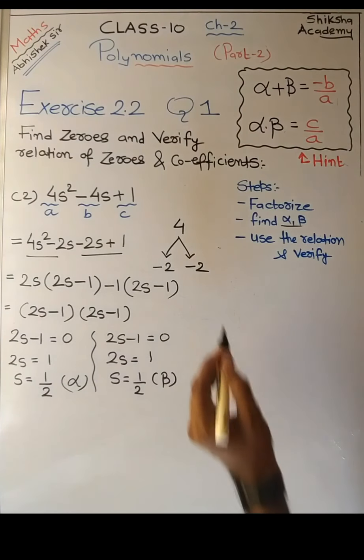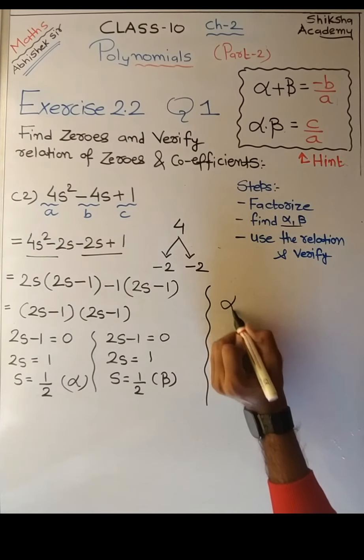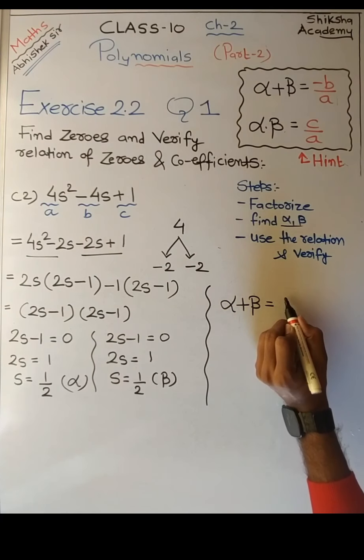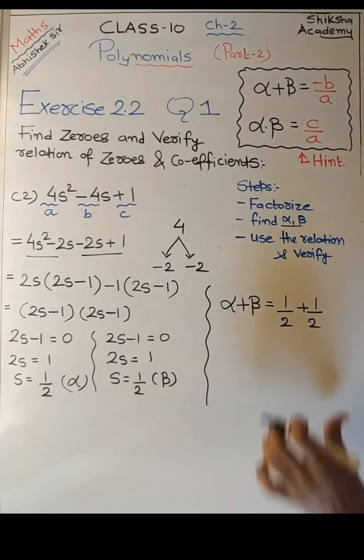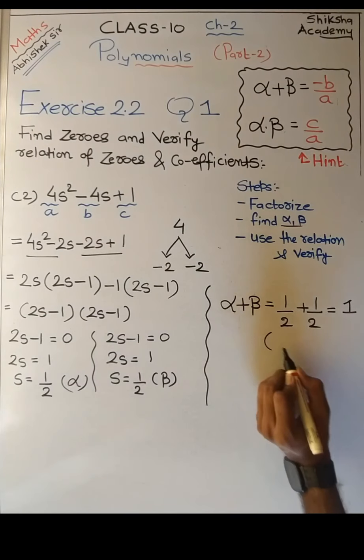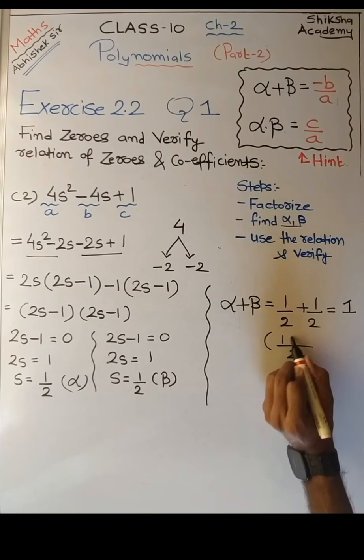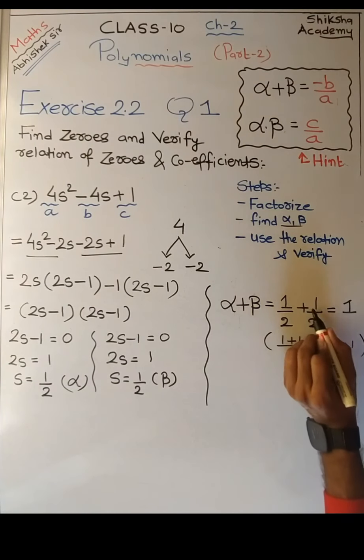Now so we have got alpha and beta. Let us add and make the product as it is. So for that we just have to pick alpha and beta and we have to add and find the product. So what is alpha plus beta? That is 1 by 2 plus 1 by 2, right? And using common sense we can know that half and half is 1. Also you can do like this, take 2 as LCM, 1 plus 1, so that is 2 by 2, the answer is 1. So I believe that we must take shortcuts to save the time.